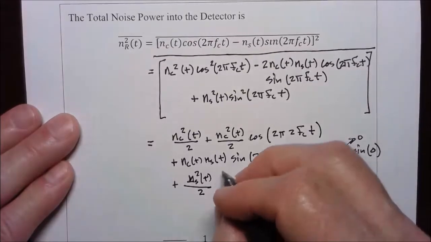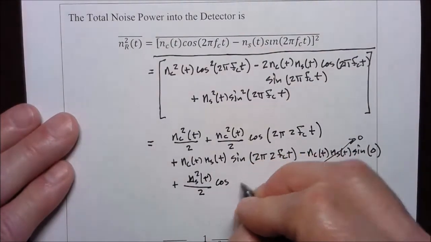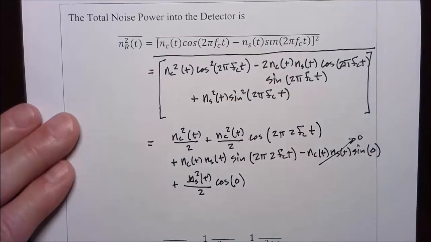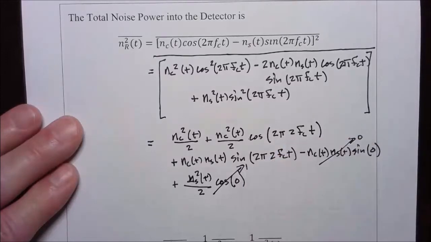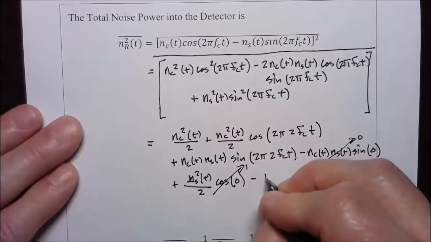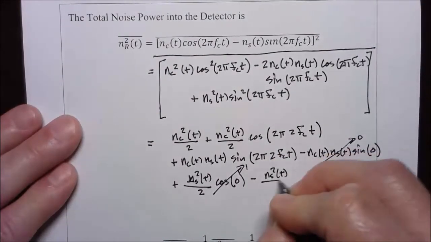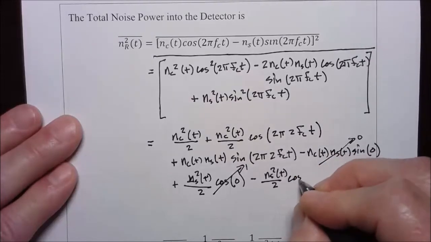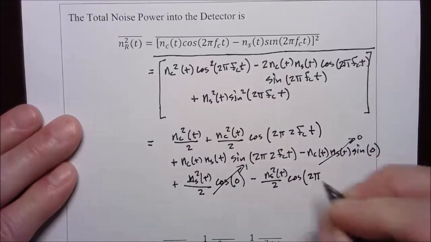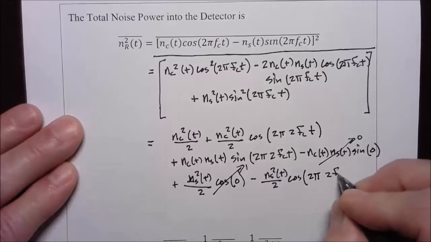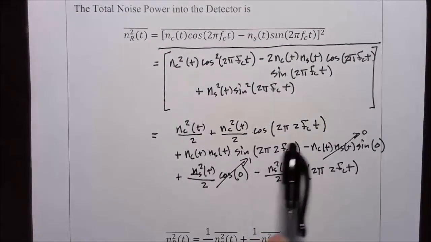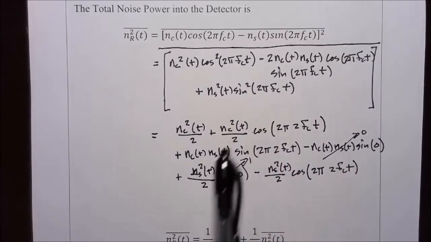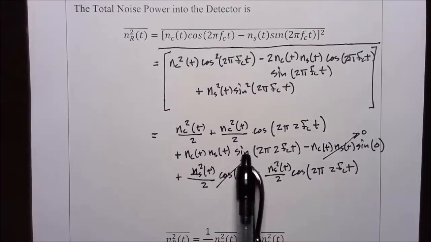times a cosine of 0, which goes to 1. Finally, minus NS squared of t over 2 times the cosine of twice the angle, 2 pi times 2 fCt. Okay, so these two terms come from the cosine times the sine, these two terms from the sine squared, and